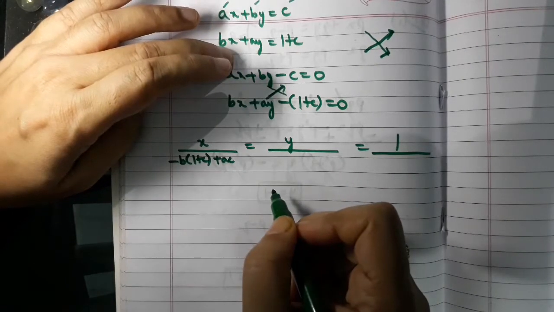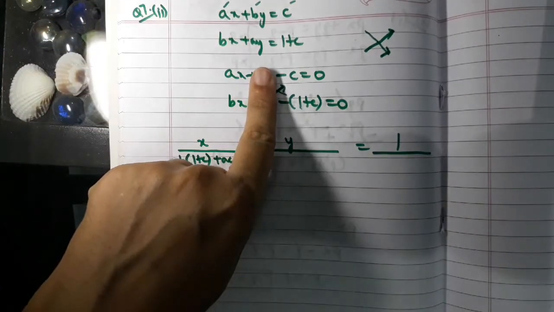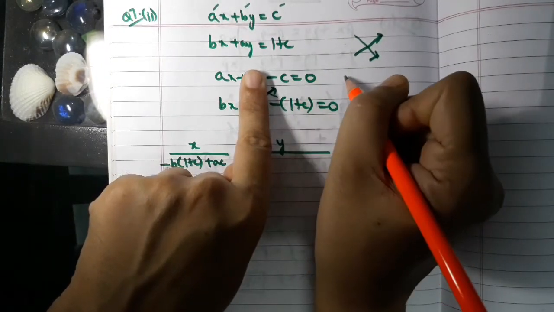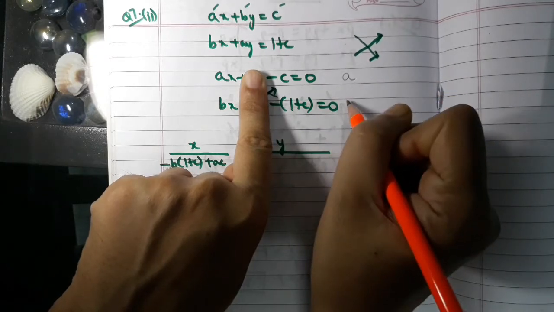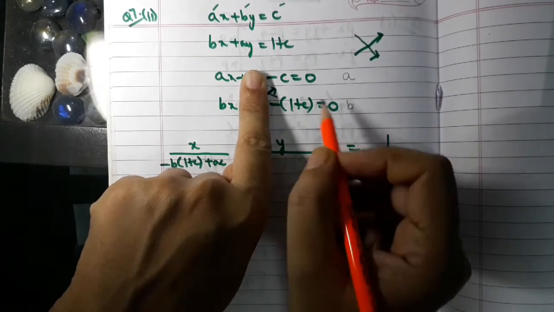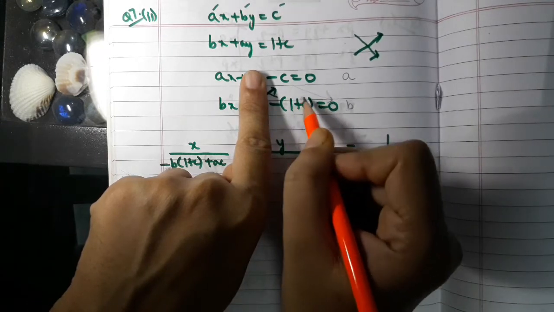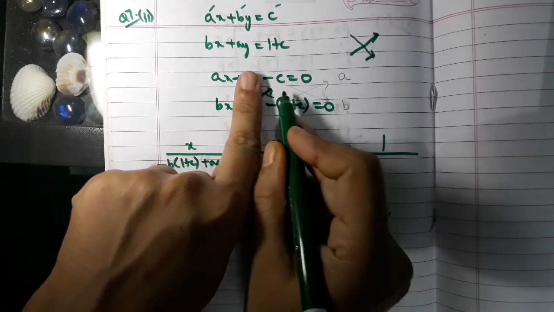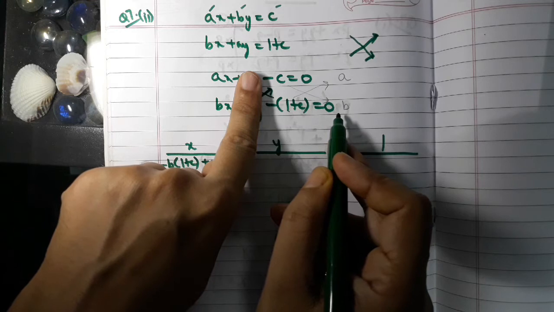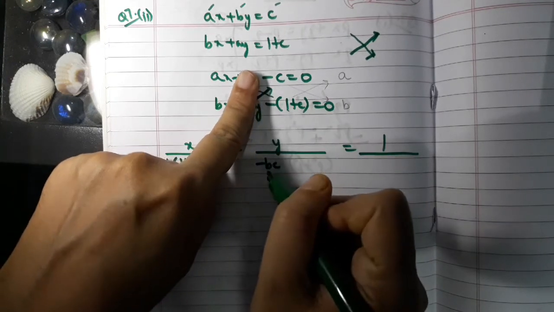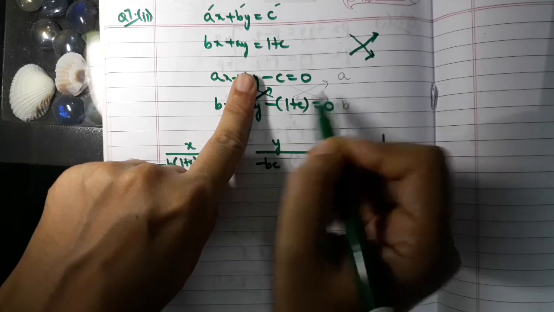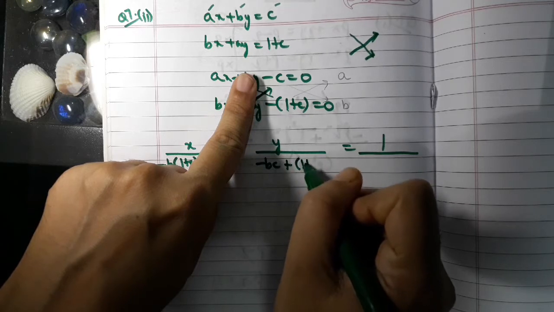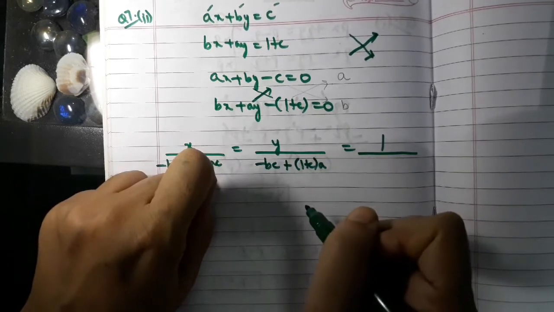Now here we have y upon. So we will have to hide y. With a pencil you can write the coefficient of x over here. Coefficient of x is a and b. And let us cross multiply. So this into this minus this into this. Now we are hiding y. So we cross multiply. So this will become minus c into b, that is minus bc, minus of 1 plus c into a. So minus minus will become plus 1 plus c into a, is equal to 1 upon.